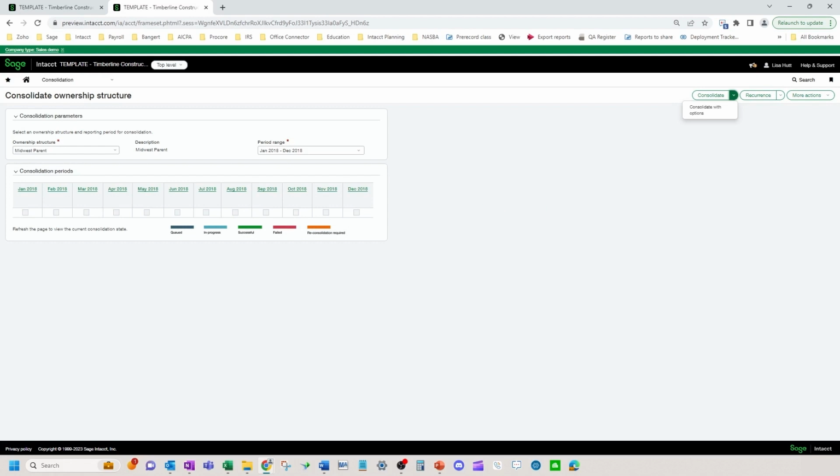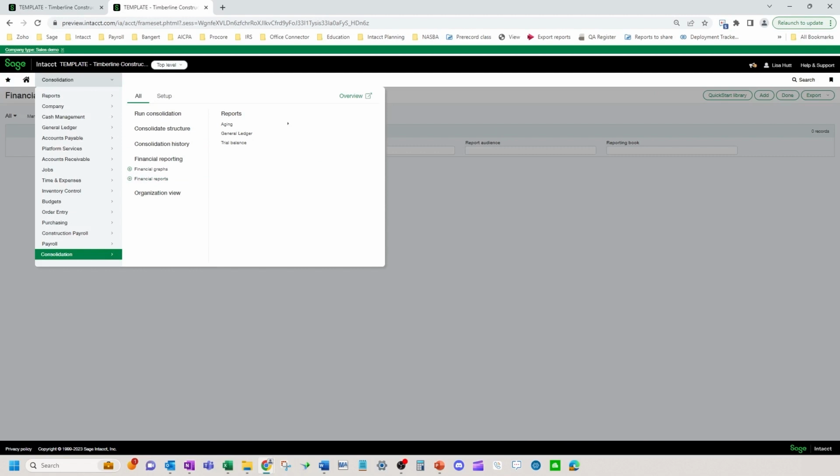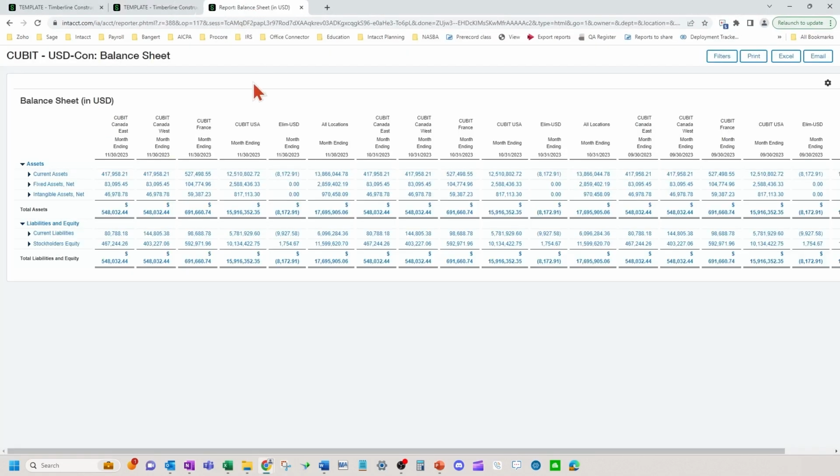eliminations. Now, something to note, this is the consolidation method. This is not the equity method. They do have that roadmap to get the equity method in place, but this is the consolidation method of accounting. And then once you run your consolidation feature here, then you can run your financial reports just like you would in the domestic and global, so it looks something like this when you're done. Okay, so you've got your entities, your different roll-ups, you'd have your different holding companies, your eliminations that would automatically be created, and your total, for example, consolidating balance sheet there.